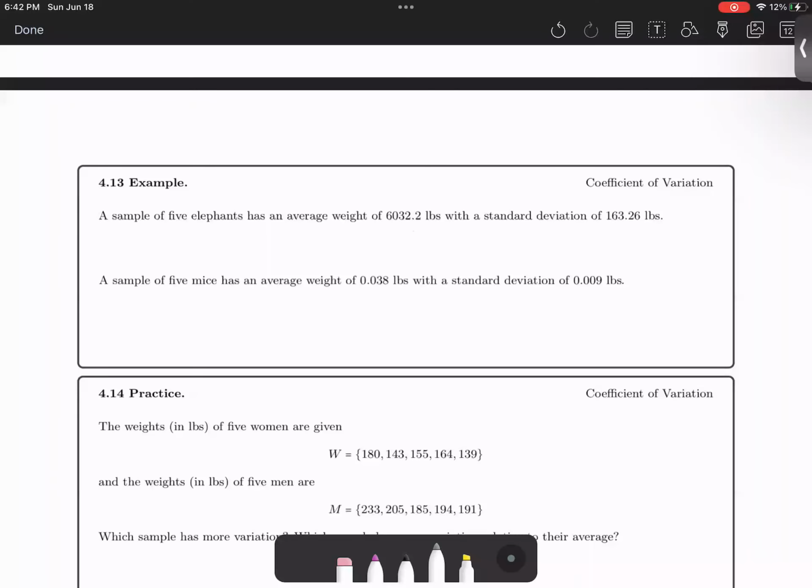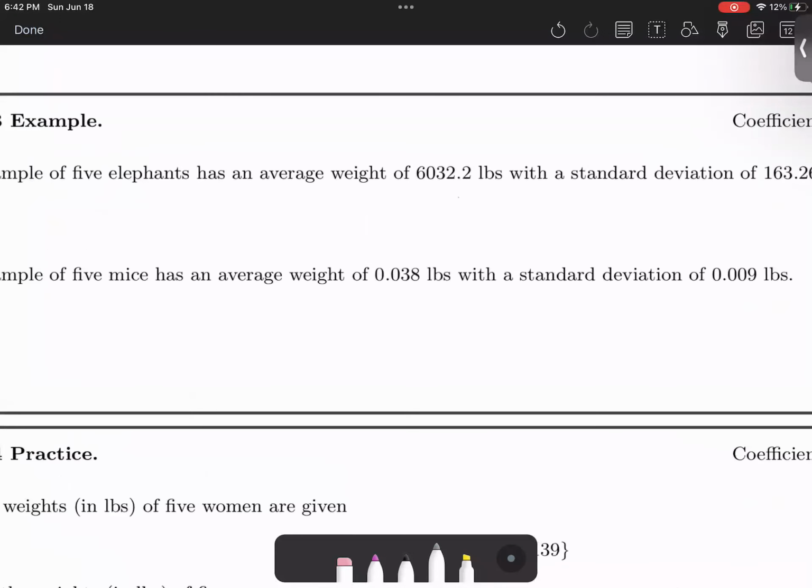Let's talk about the variance and standard deviation of two different samples. So we have a sample of 5 elephants that have an average weight of 6,032.2 pounds and a standard deviation of 163.26 pounds. All right, let's go ahead and record that. So the average of the elephants is 6,032.2 pounds. The standard deviation of the elephants is 163.26